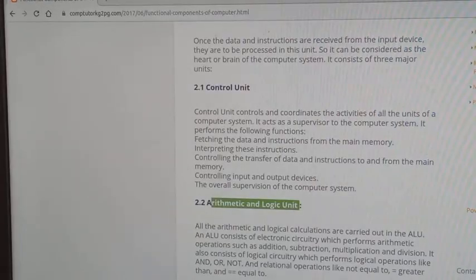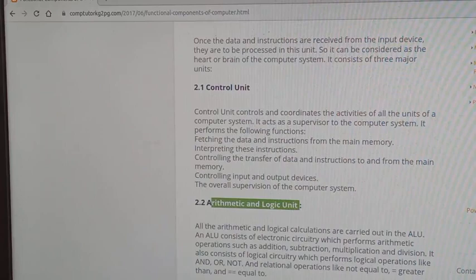So next one is called registers. Registers are nothing but a small memory unit. It is a temporary storage area which is used to store the instructions and the immediate data which may be generated during the processing. Which means that for all the intermediate output, all the intermediate results are stored in the registers only.